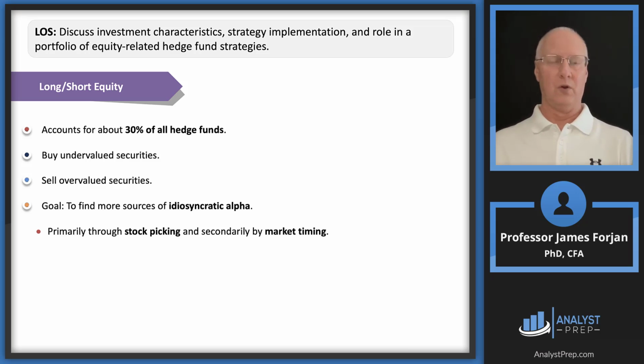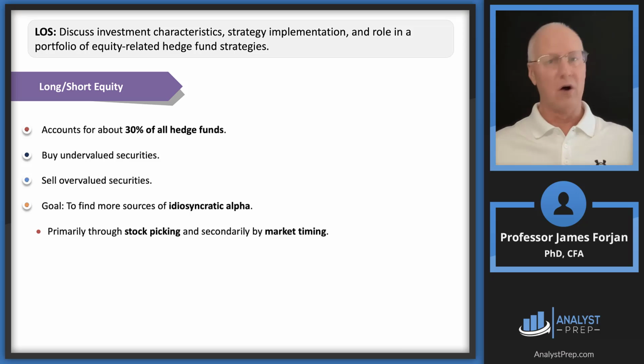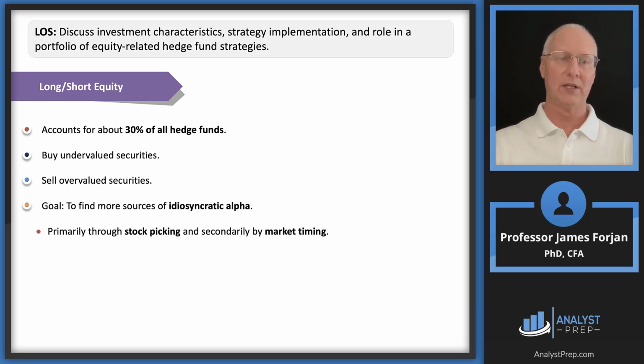So what do we do? We go back to the capital market line, we go back to the security market line. And however we're going to do this, top down, bottom up, all the stuff that we've learned inside of the CFA program, we're going to identify a handful of securities that are undervalued, a handful of securities that are overvalued. Now, of course, most investors take long positions. And so we're probably going to be a little bit biased towards the long position